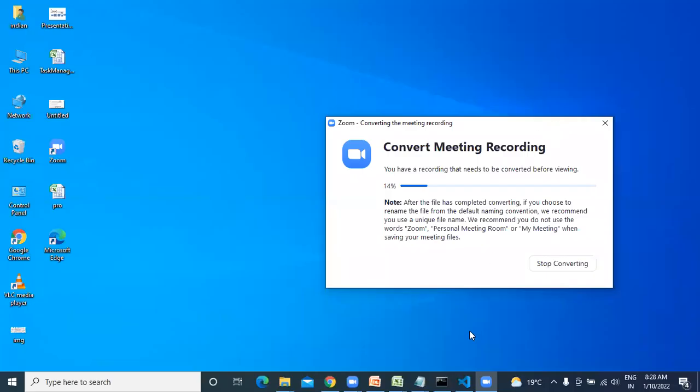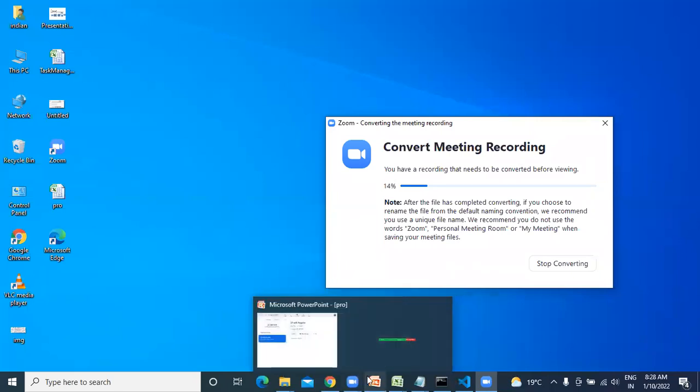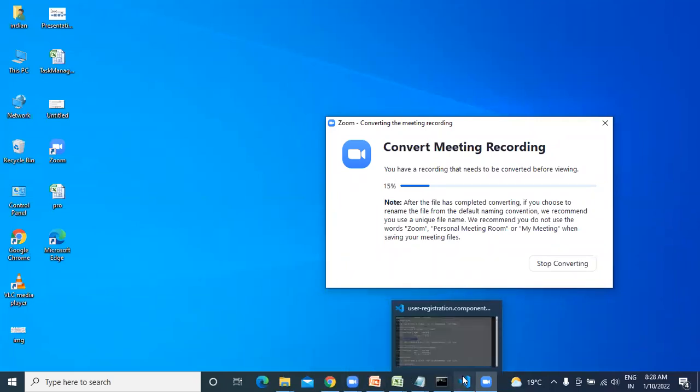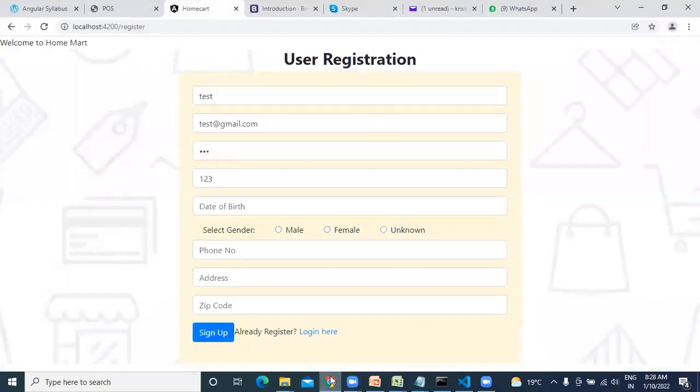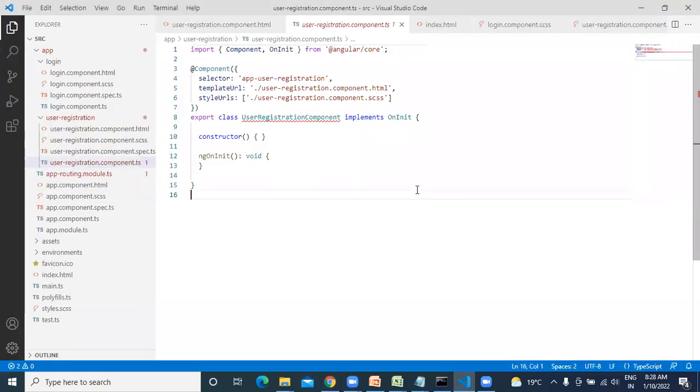So in the last session, we simply created a registration page. We'll create a reactive form. So how to create a reactive form? First, if you want to create a reactive form, you need to create a model. If you want to construct a model, first you need to import